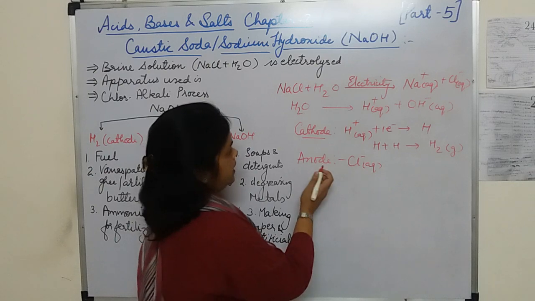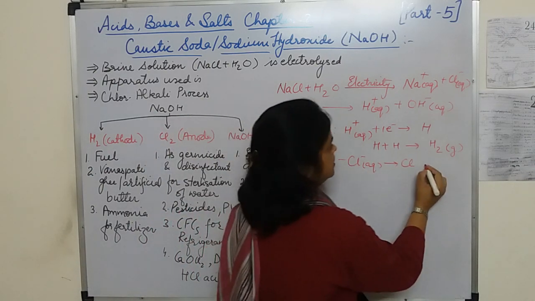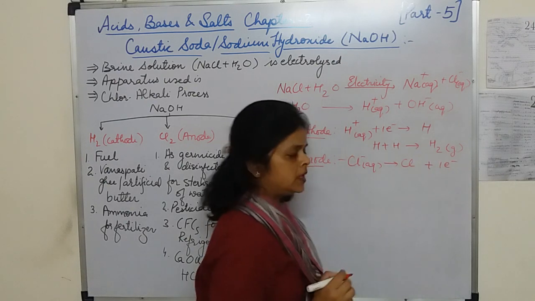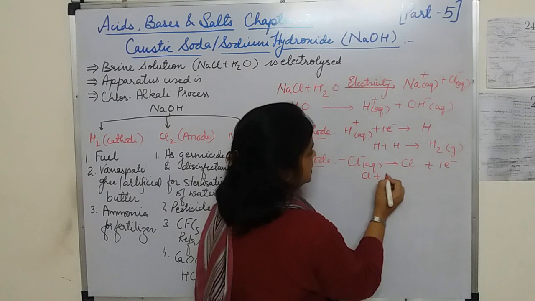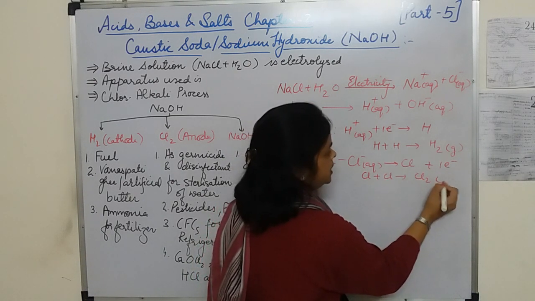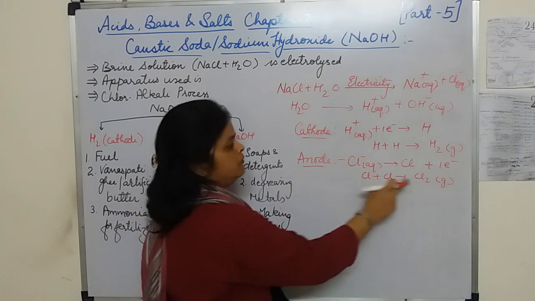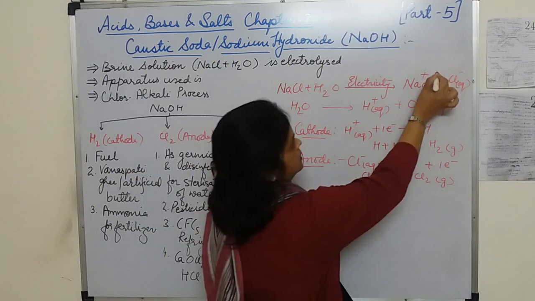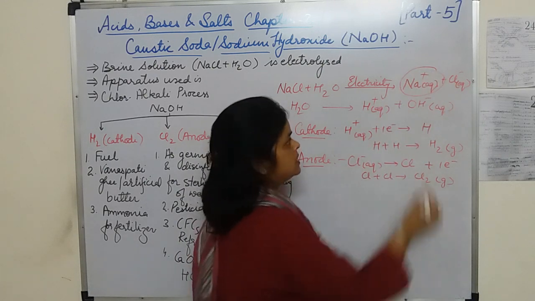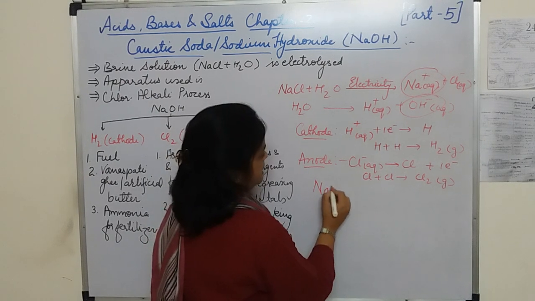So on reaching the anode, it will lose this electron and form the Cl atom along with one electron. This nascent chlorine is unstable, so 2Cl will combine to form chlorine gas. So at the anode, which gas is formed? Chlorine. Now in the solution, Na+ ions and OH- ions are left,